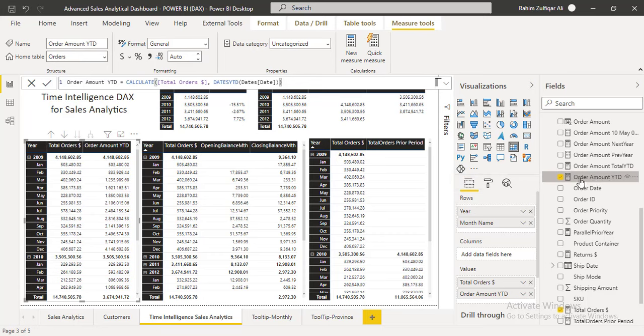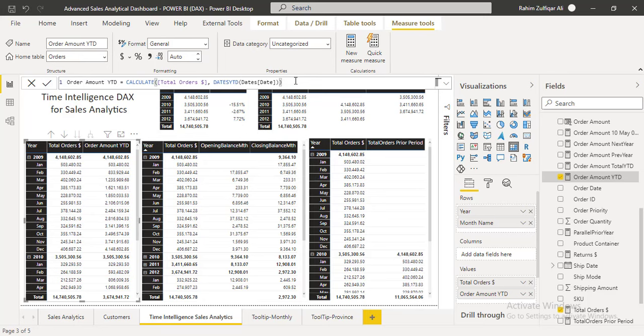So now you can see that how I have created orders amount YTD is I have used the calculate DAX and the dates YTD, okay? So if you have the star schema and you have a concept of that, you need to create a calendar as well, so that your time intelligence DAX will run very smartly. Once you have created, you can use it anywhere with different kind of dimensions, and it will adjust automatically, and it will give you the correct accurate balances, which we find lack in Excel.